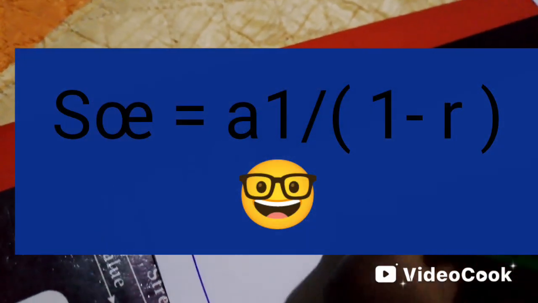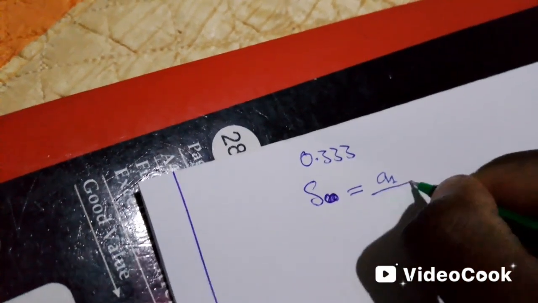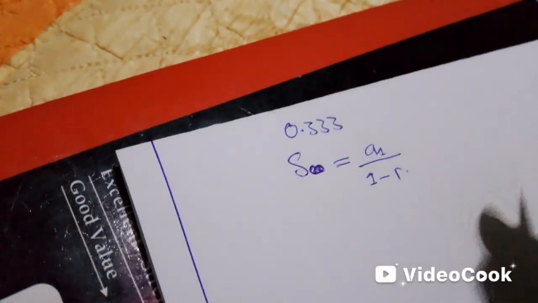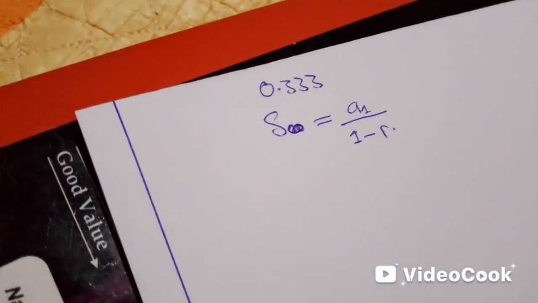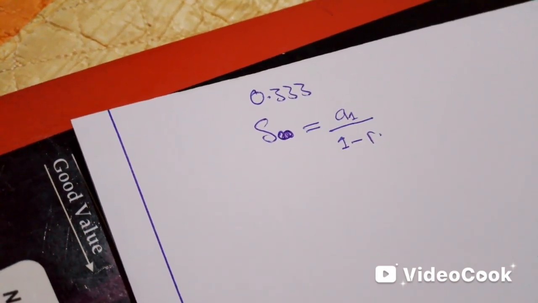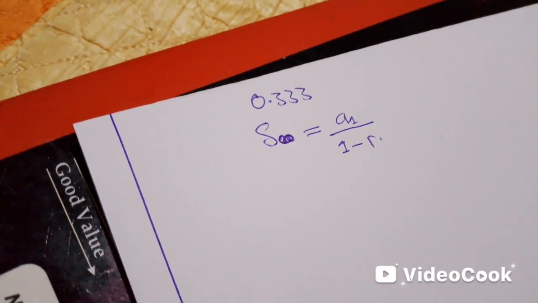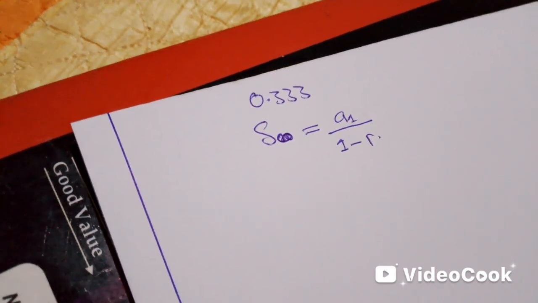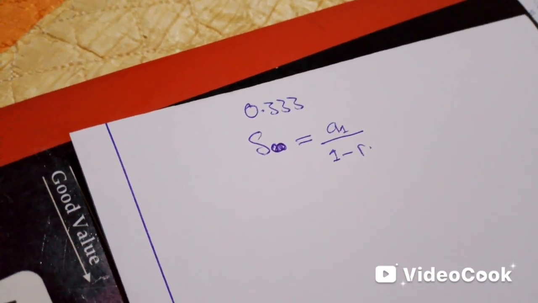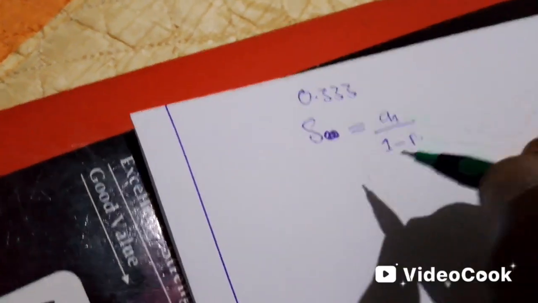This is the symbol for sum to infinity, which is equal to the first term all over 1 minus r. That's how it should be. Why is it 1 minus r and not r minus 1? It is because we cannot accept r being bigger than 1 for this process to work. We're saying it should go to infinity, meaning it should reach 0, should finish. In this process we have the number